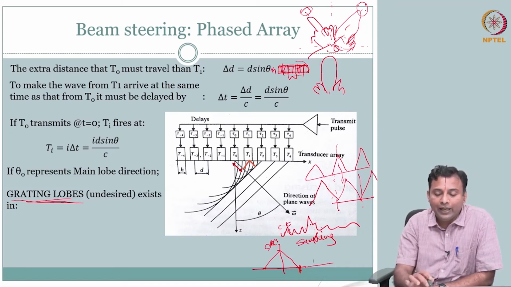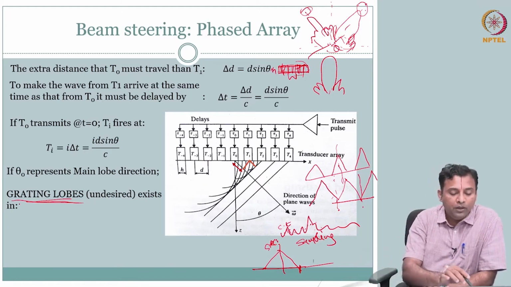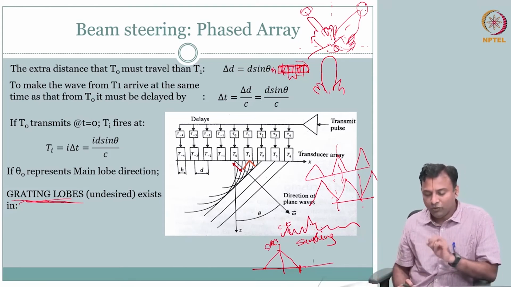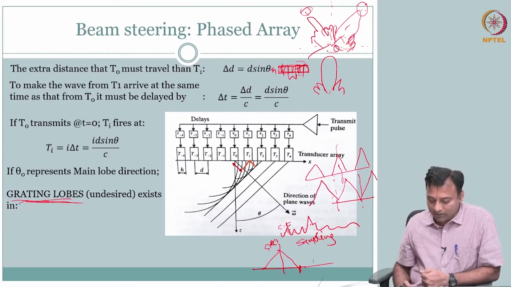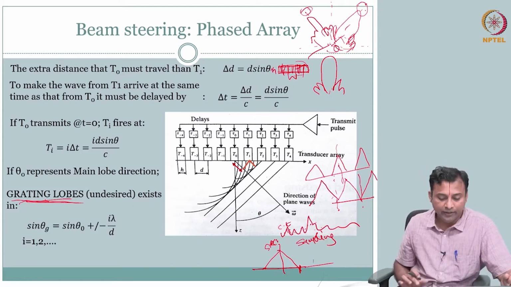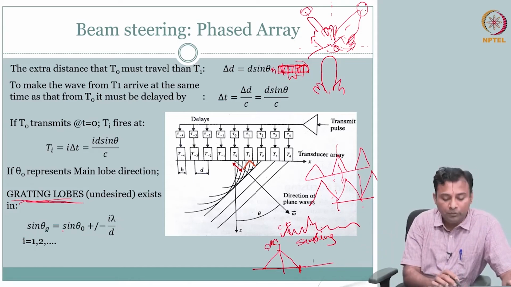How close the two elements are is going to dictate whether you are going to have copies of your main lobe and side lobe. This copy of main lobe and side lobe is called your grating lobe. Okay. So I will just leave it at that. You can have your own imaginations of what it is, but that is a very powerful design constraint. Okay. So you can have your grating lobe, sine of grating lobe to be sine of theta plus or minus